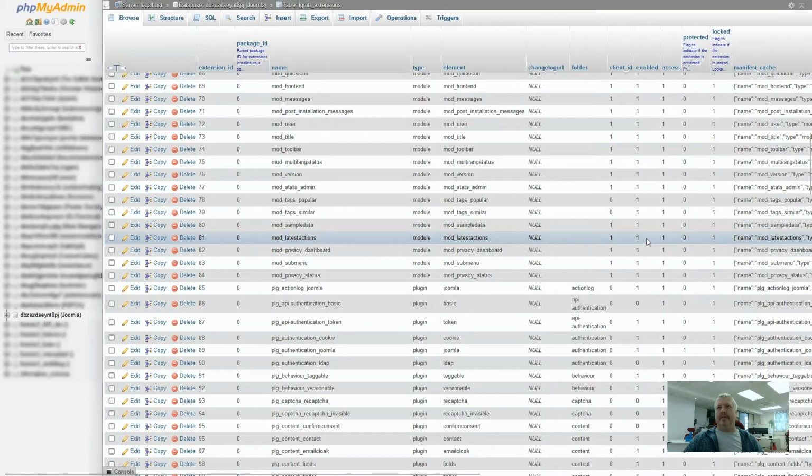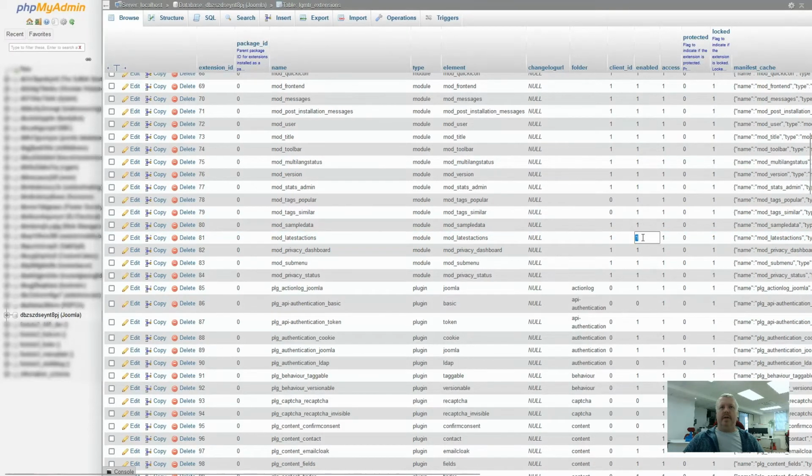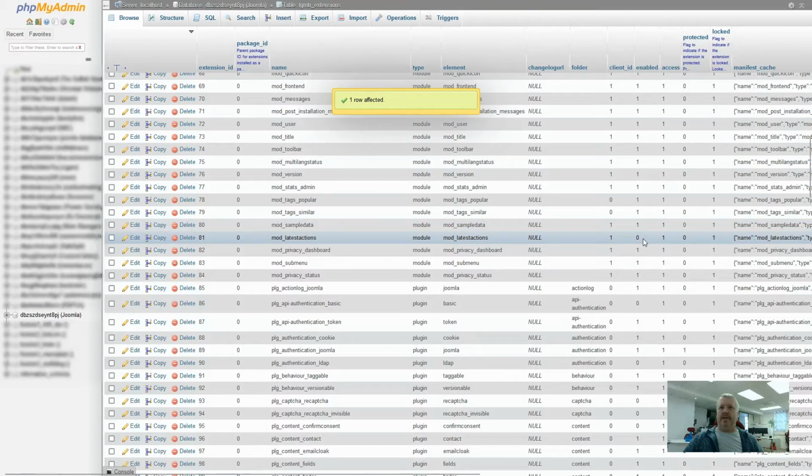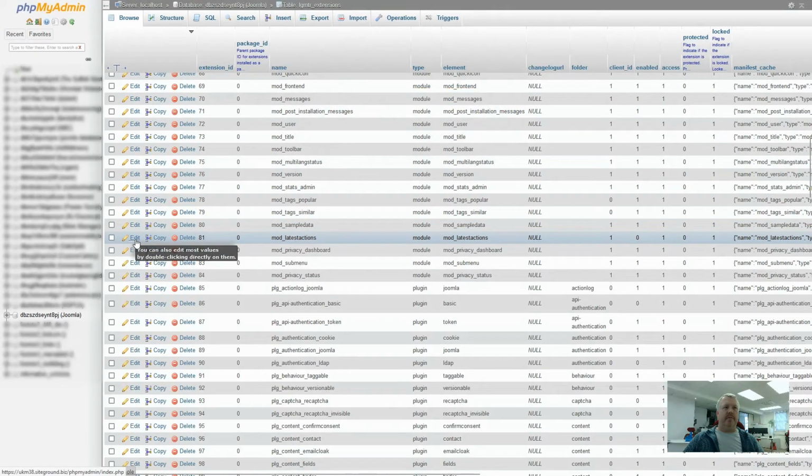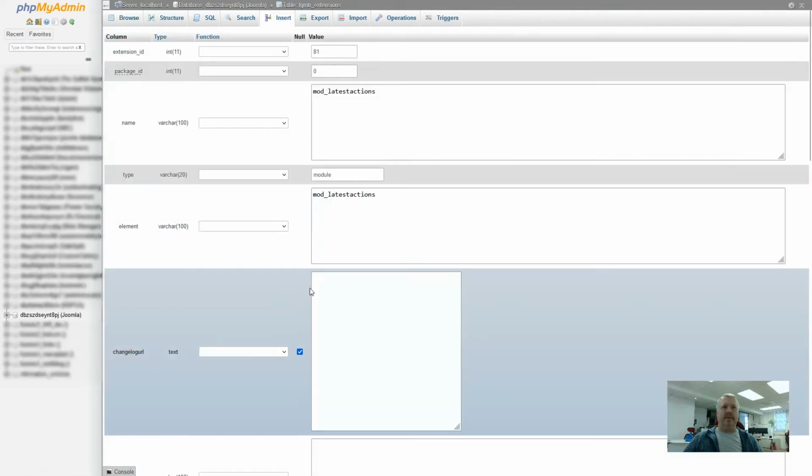I then scroll down to find the name of the extension that's causing the problem. And once I've found it, I can then go across to the enabled column, and I can either double click on it and change the value here, and then when I click off of it, it will update it, or I can actually go into the individual record by clicking edit on the left hand side, and then I scroll